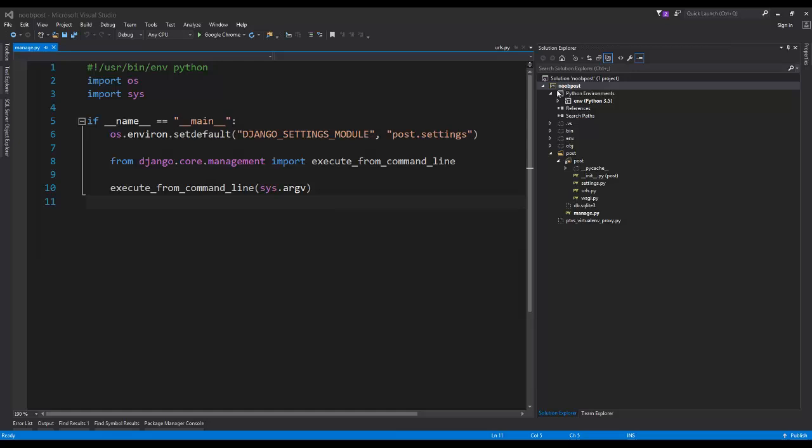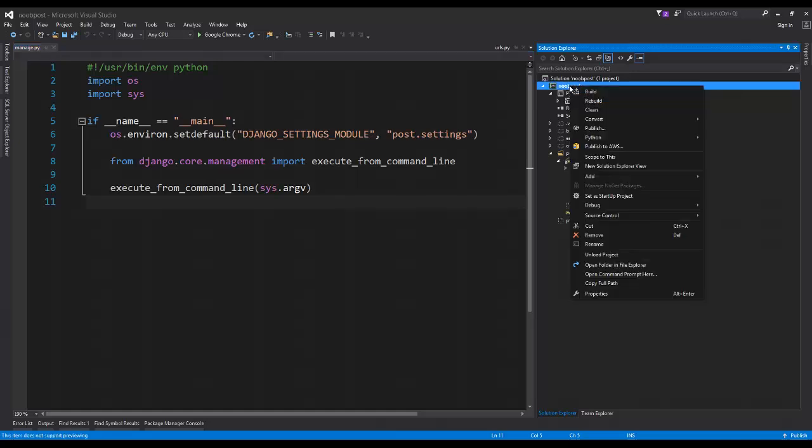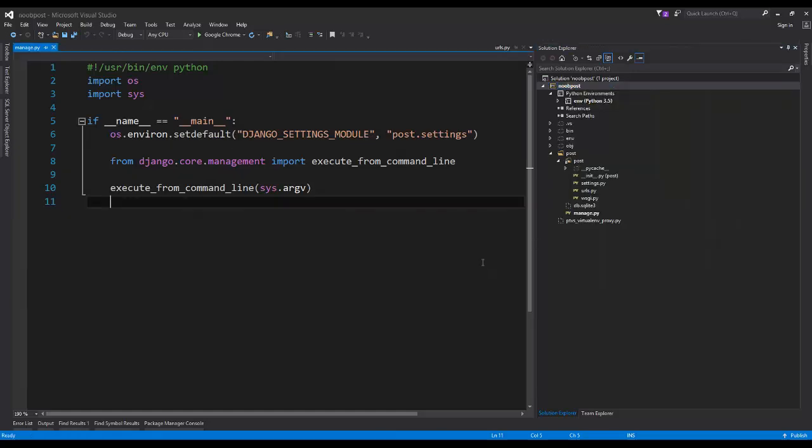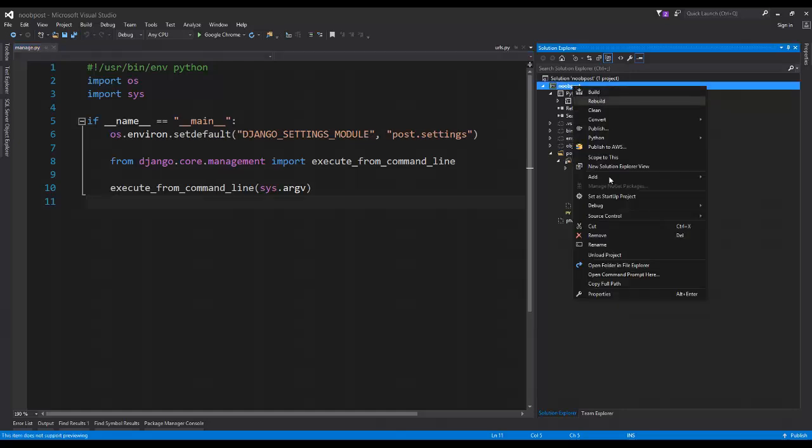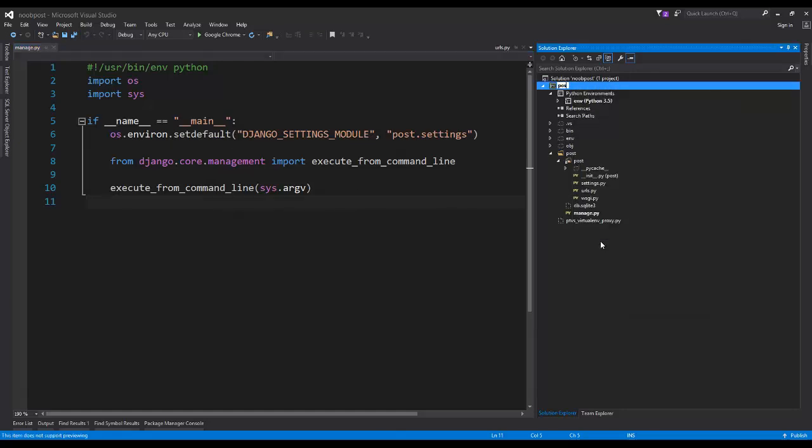Oh, I see. So for some reason, the project name here is named New Post, and it thinks that the actual app name is going to be called New Post as well. So I actually need to rename this to Post as the name of the project. That should work. So if I go ahead and run it